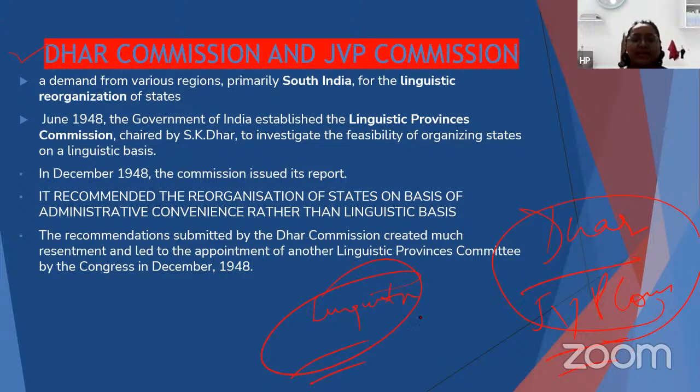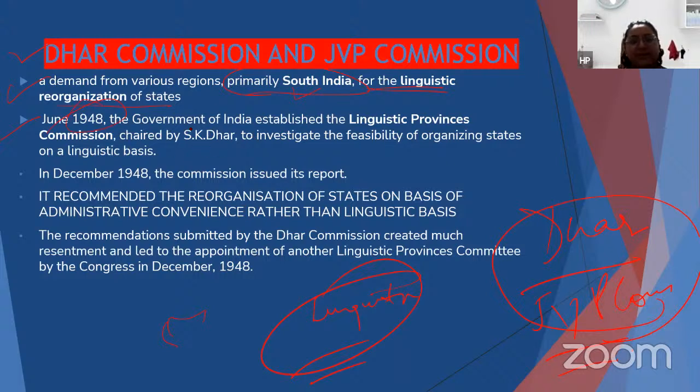And because of that there was a lot of demand from South India. So there was a demand from which region? Primarily South India था, तो mostly all over India में most of the places where there was demand for linguistic reorganization of states, but primarily it was from South India. So what did South Indian people want? They wanted that the reorganization of state should be on the basis of linguistic basis. So they wanted linguistic reorganization of state, and by keeping in mind that